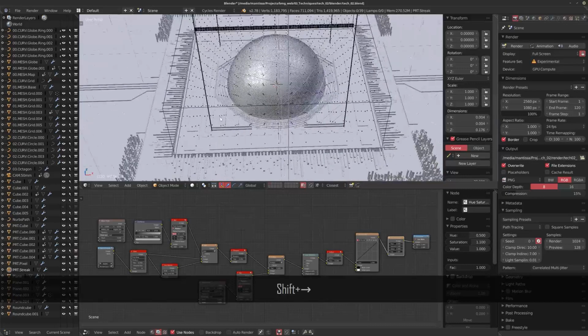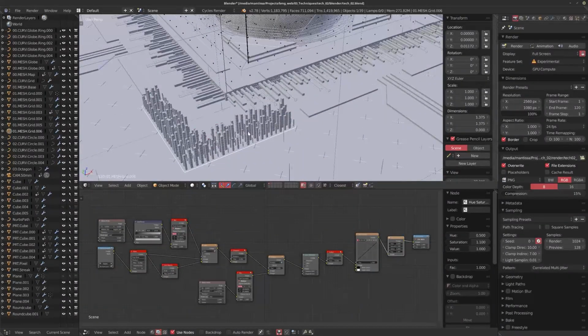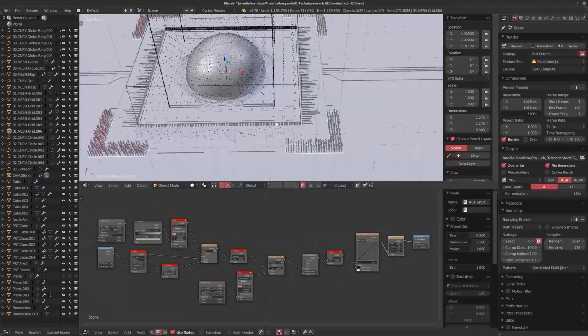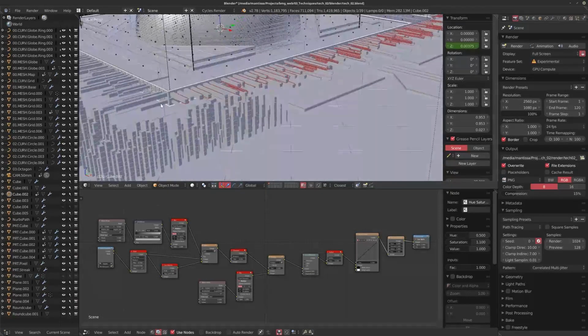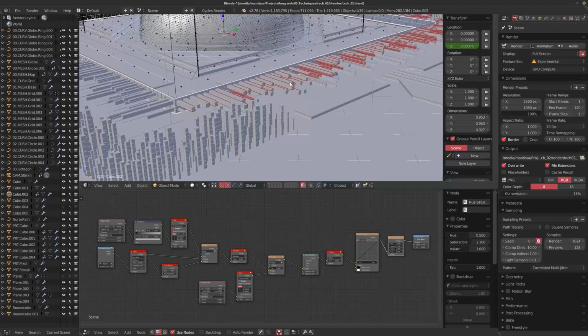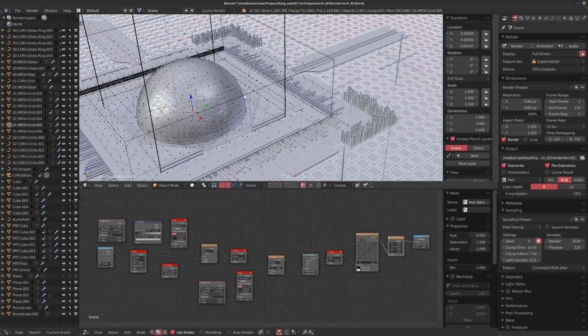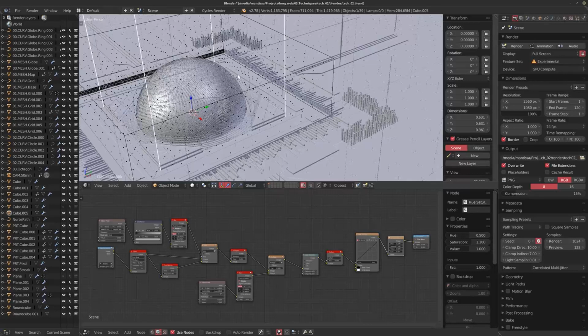So let's have a look at the scene itself. Again, here you can see the same technique was used. This is just a plane with a bunch of particles on it on this side. Same here, same idea. Also a plane subdivided with particles on each polygon. This one's slightly different, but it's also the same technique. If I'm able to select it, let's see if I can.